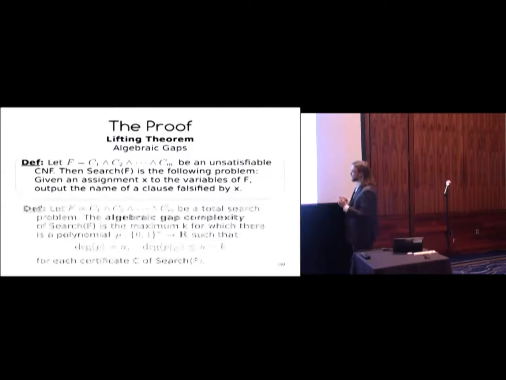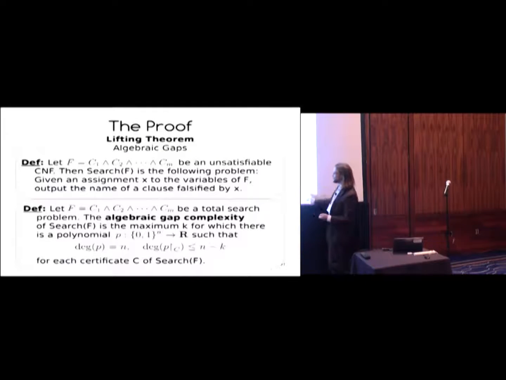Okay? And now, what's an algebraic gap? Well, if you start with one of these search problems, then the algebraic gap complexity of the search problem is just the maximum k for which there is a polynomial with high degree, like degree n, but for each certificate of the search problem, so for each assignment which falsifies one of the clauses, if I hit the polynomial with that restriction, the degree is going to drop precipitously. Like the polynomial is big and complicated, and if I hit it with a restriction,